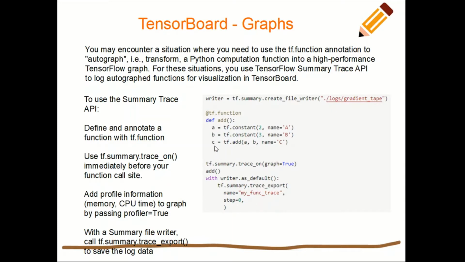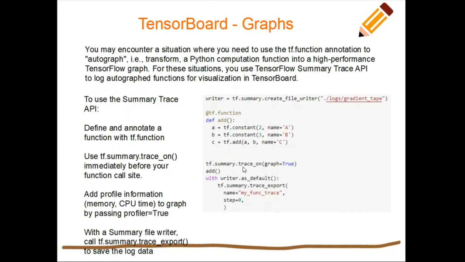But we have to keep this in mind: in TensorFlow 2, by default there is nothing like a graph, it's eager execution. So if you really want to capture a graph, you will have to annotate a graph with tf.function. And then we'll have to use the tf.summary.trace API to capture it.